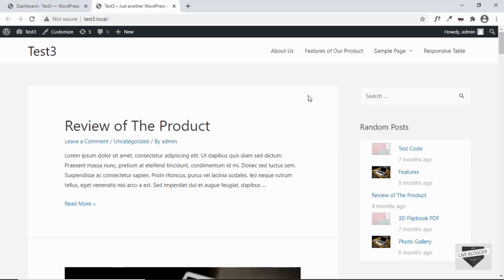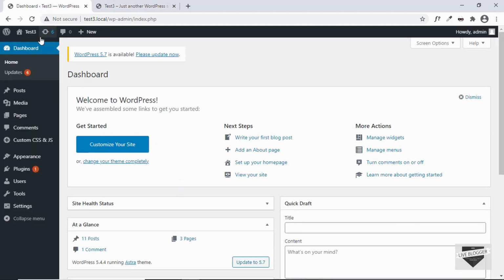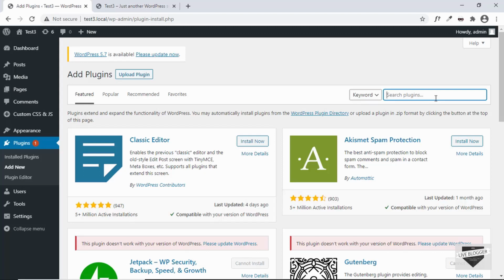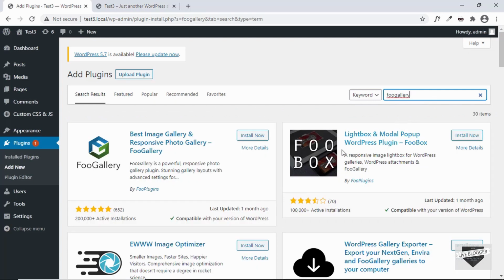Now this is our WordPress website where we're gonna add the gallery. So let's go to the dashboard and we'll be using a plugin for this. So let's go over here to plugins and click on add new, and we'll search for a plugin called Foo Gallery. So here we can see a plugin called Foo Gallery by Foo Plugins. So let's click on install now, and after installation just click on activate,